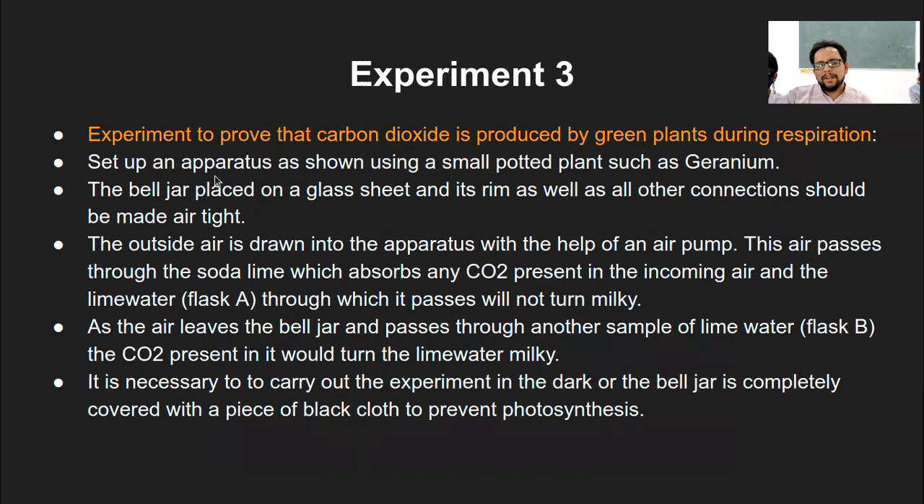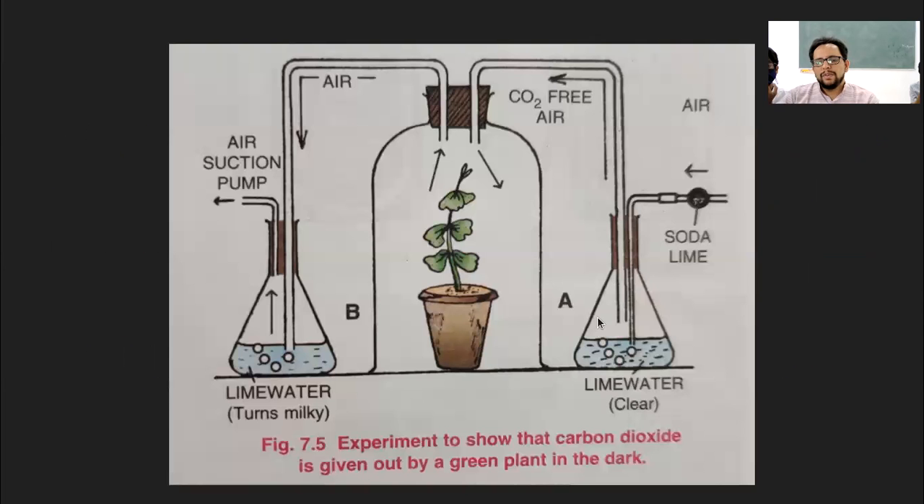Then the third experiment is to prove that carbon dioxide is produced by the green plant during the respiration process. And this is specifically talking of the green plant. So instead of seeds, we take the whole plant itself. So we take a potted plant, again the same set of experiment like we did in the earlier alternative experiment. So you bring in the air, pass it through the lime water, which will absorb all the carbon dioxide. So the outgoing air from this, which will be CO2 free, will be dropped into this bell jar,